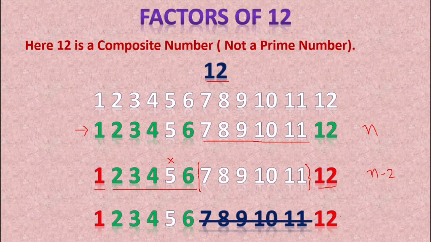If I have a look at the last step, I require n by 2 minus 1 number of steps. Just within these steps, it is possible to find the factors of a given number. This technique is quite apt for small numbers, but how to deal with a large number? That is another question, which I am going to discuss very shortly. As of now, this is the base for finding the factors of a given number.